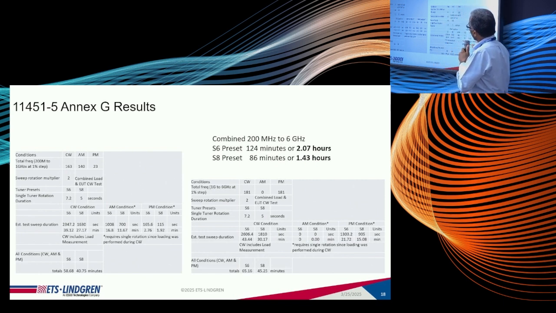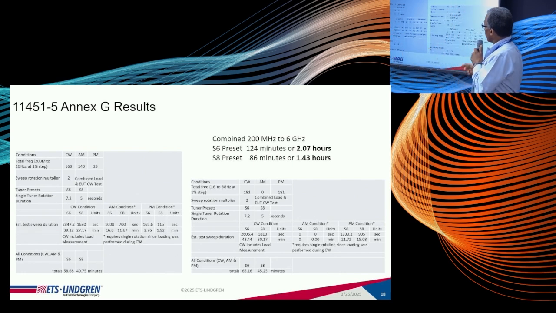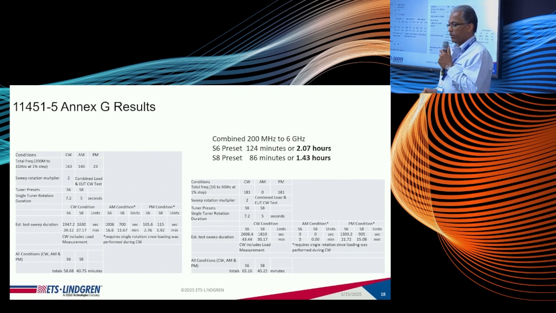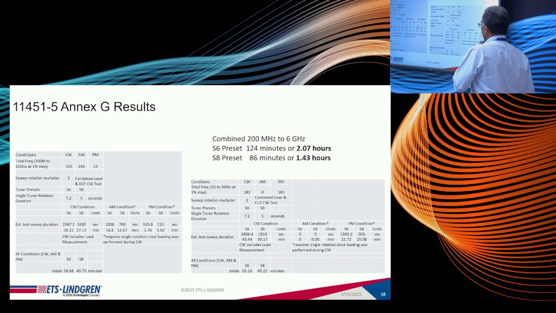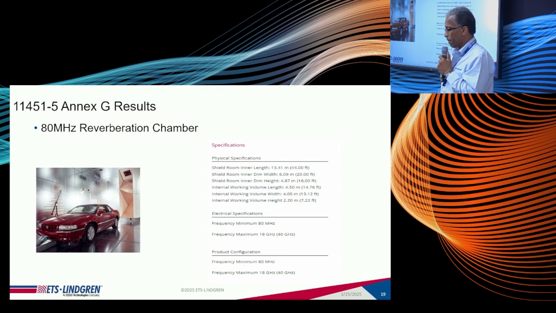So with the stirring and the 8 probe method, we've now reduced our measurement from days to hours. So we no longer have to move that one probe to 8 different positions. We're taking all 8 measurements simultaneously, and we can do that in a matter of a couple of hours, obviously depending on frequency, step size, and stirring speed. So it stands to reason that if your probes can read fast enough, and you can stir those modes fast enough, then you can reduce your chamber characterization time significantly by doing that.